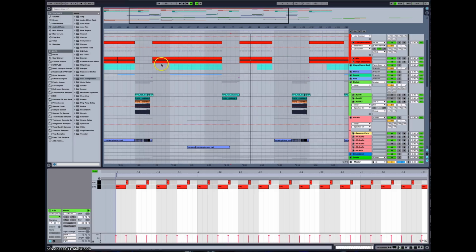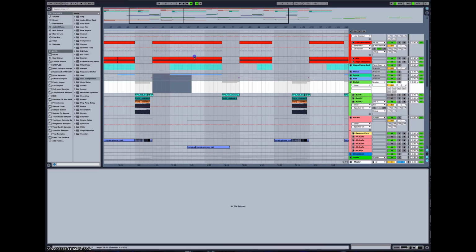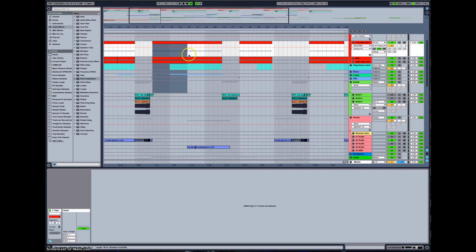So even right there, if you look at the structure, it's these two sections right here. So that's 32 bars. So 32 bars of lead, then break it into rapping, then build up, then the Melbourne bounce part, and then back down to, I'm probably gonna make this a little bit longer, like